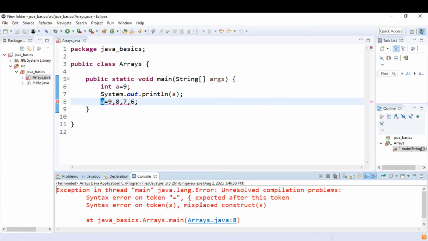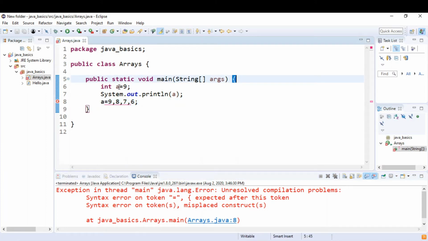So it has given me some syntax errors. First syntax error is expected after this token. This was expected after this, right? And misplaced construct, like basically it is saying that you can't assign more than one value to int. So this is the unnecessary part that you have assigned to a.